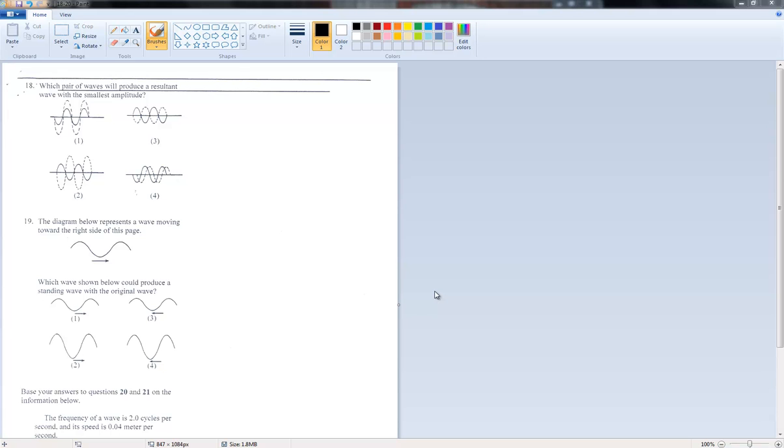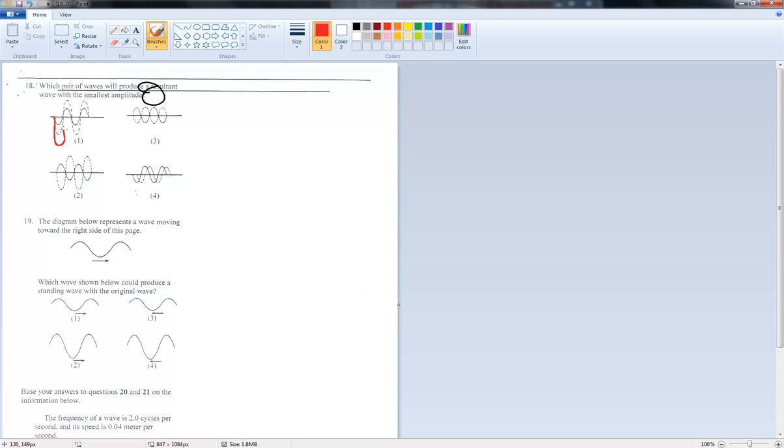All right. Let's see, 18 here. Which pair of waves will produce a resultant with the smallest amplitude? So this is constructive and destructive interference. They're giving you a solid line wave and a dotted line wave, and you want the smallest amplitude. Well, if you look at number one, if those two waves were together, it would be constructive interference,